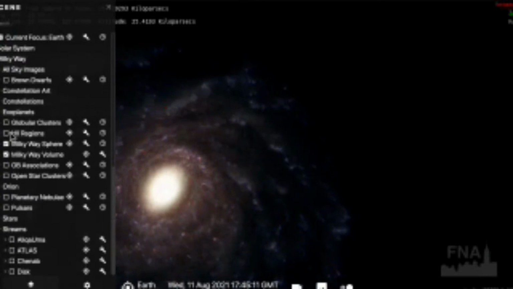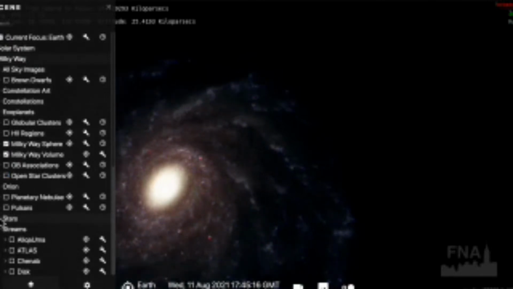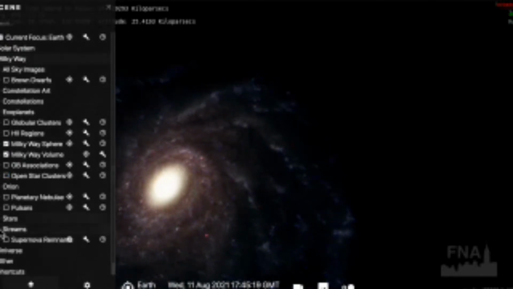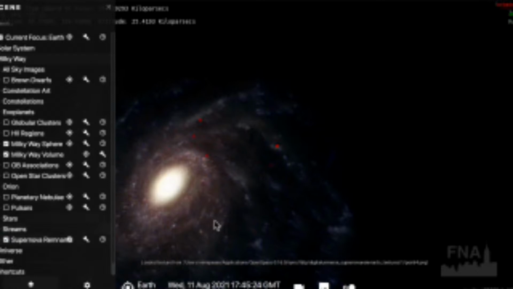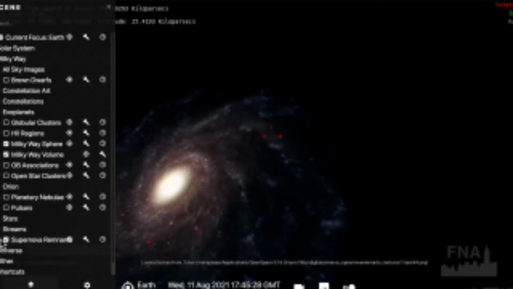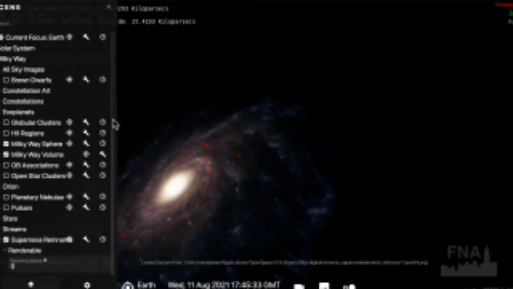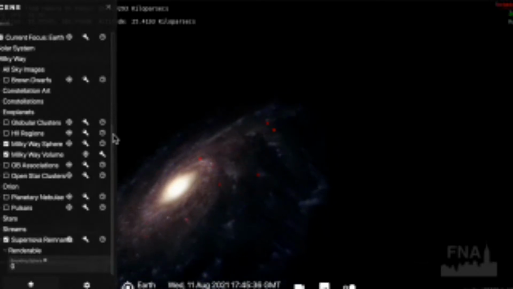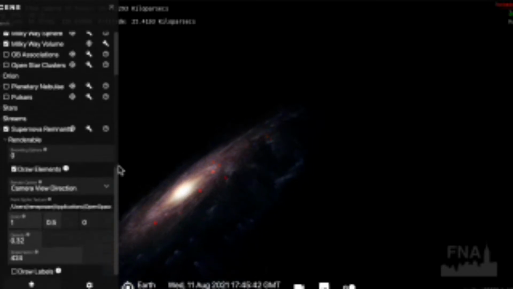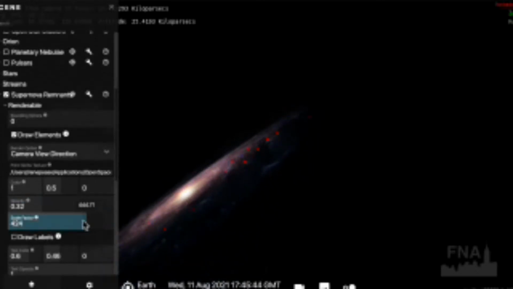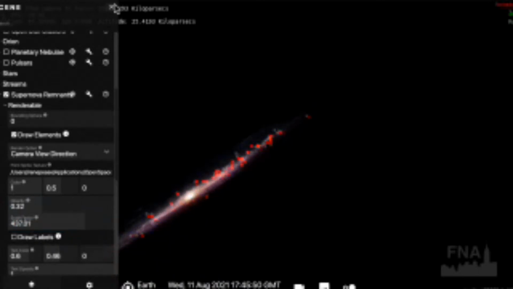So what am I looking for? I'm looking for our supernova remnants, which are probably below the streams. Supernova remnants. So these are these red dots. If you can see all the red dots in there, I'll try to make them a little bit bigger because I know sometimes we have resolution issues. So in our object tree here, we have options for all of the different objects. So I can try and make these a little bit bigger. Yeah, that's a lot bigger. And then we'll just close that off.